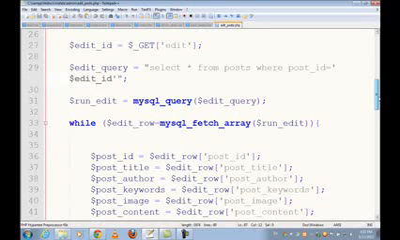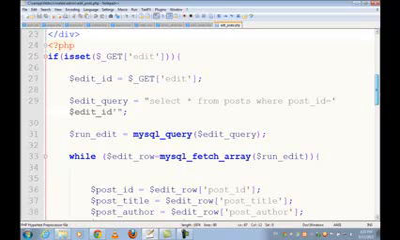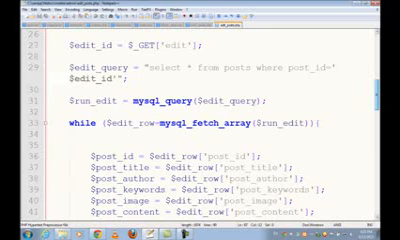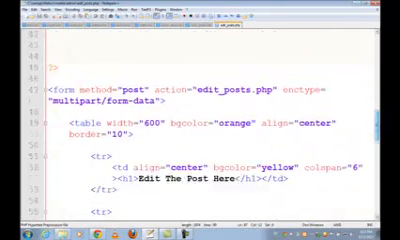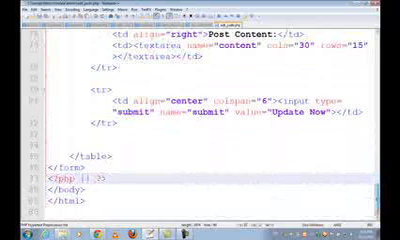Select all from post where post ID is equal to edit ID. That's okay. And edit query, run edit. Everything is okay here. I don't see an error,